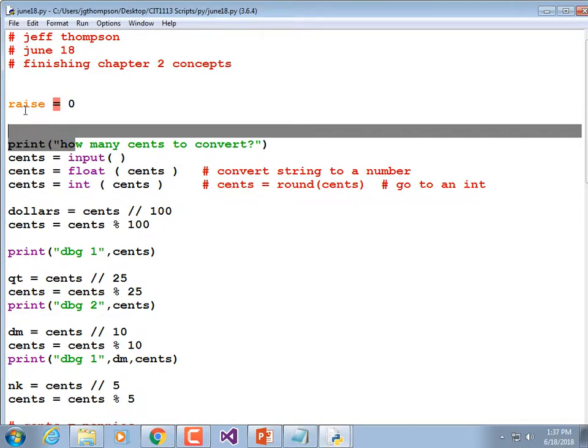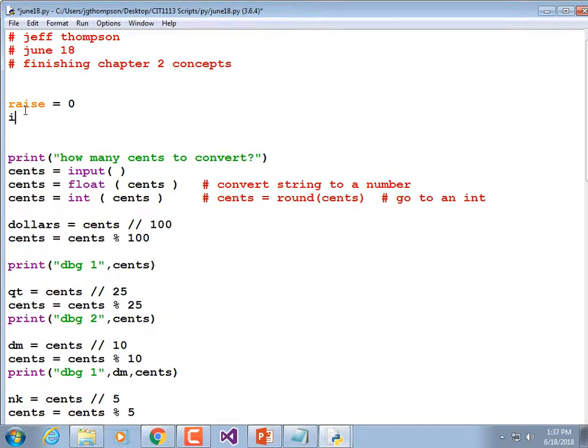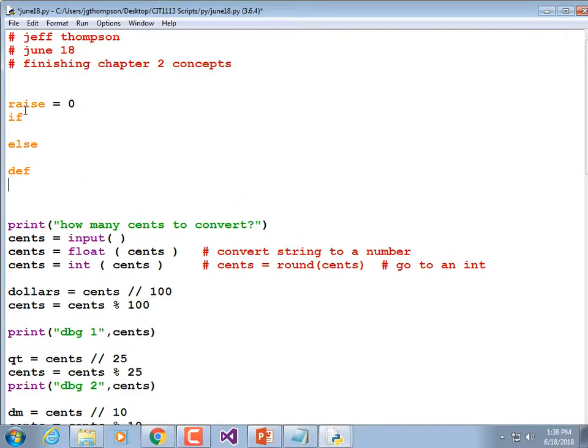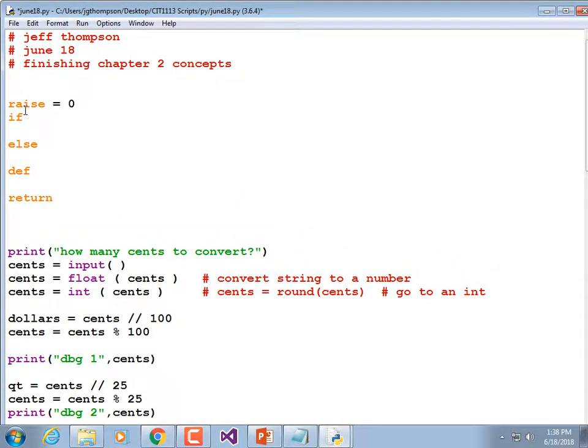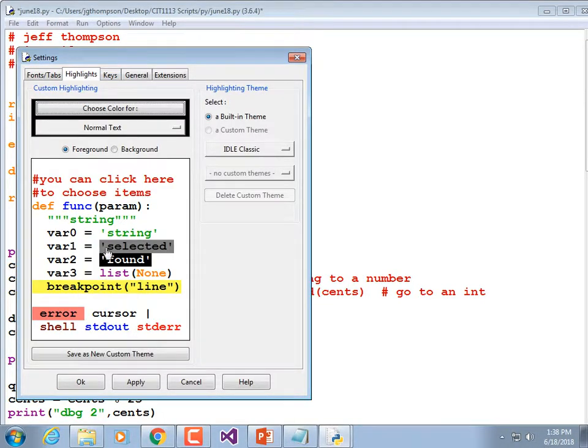Well, notice that it's a different color. That's Python trying to give us a hint as to its purpose. No, not Python, IDLE. The IDLE editor colors things differently. For example, if statements, else statements, define statements, return statements, they're all orange. If these colors aren't clear to you, you can modify them. You can go to options, configure IDLE. You could say, in highlighting, I want all of my built-in functions not to be purple, that I want them to be